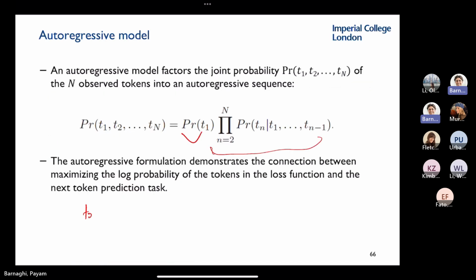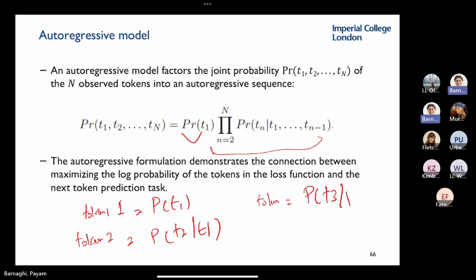Let's say token 1 just has probability of T1, right? Token 2 has probability of T2 given T1 in a sentence. And then T3 given T2, or given T2 and given T1. So the order increases by 1 every step. Doesn't that mean it's a conditional probability? Doesn't that mean that it gets more expensive to compute as you go through the sequence? In the Bayesian world, this is written in the Bayesian world. Yeah, but in reality, yes.